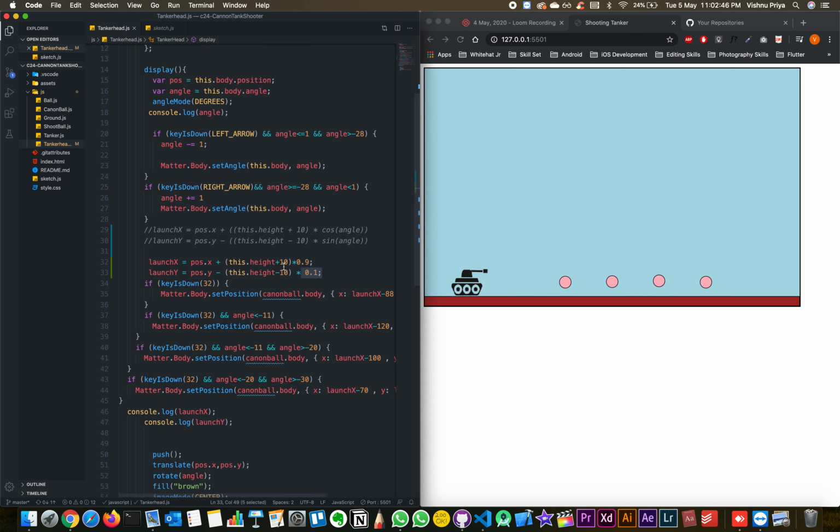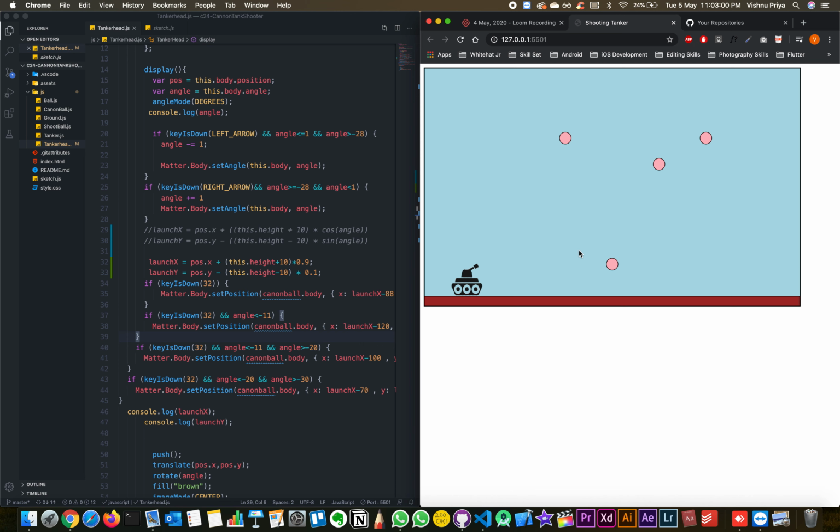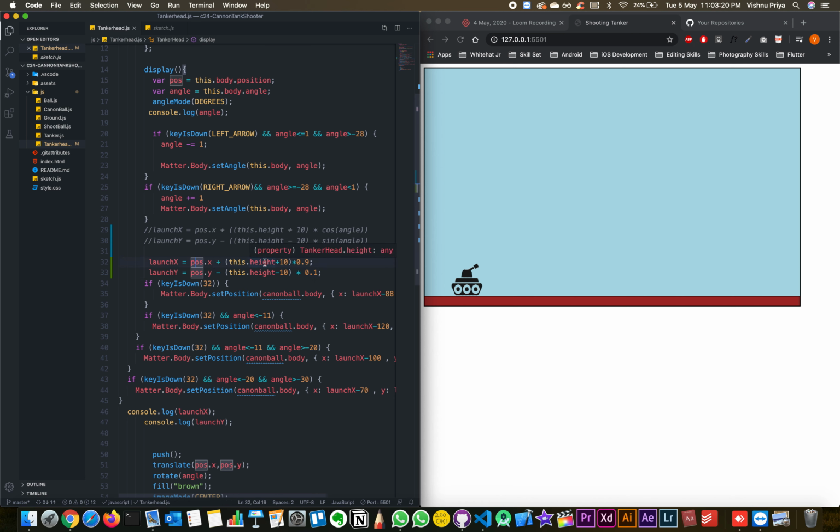Now I want to show you the difference, why cos angle and sine angle was my option to choose rather than random numbers. If you observe my solution, if you see my objects, my cannonball will generate at some random and irrelevant positions, right? It's not generated from my header. This point is completely dependent. I can't coordinate my x position and y position independently. It has to relate to my x and the height, because my header is a moving object, right? If it was not the condition, I wouldn't have used so much of it.